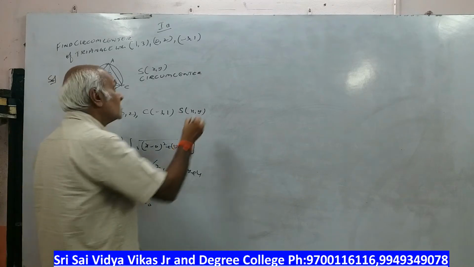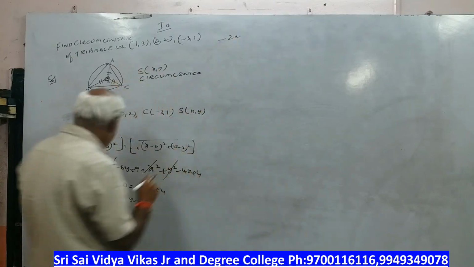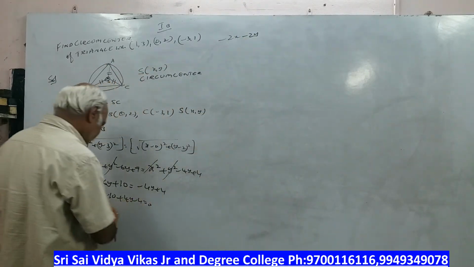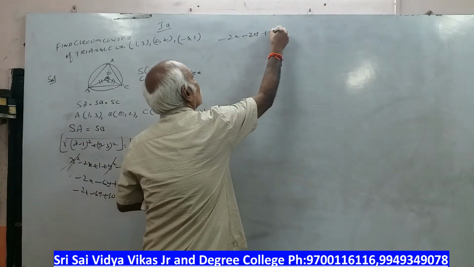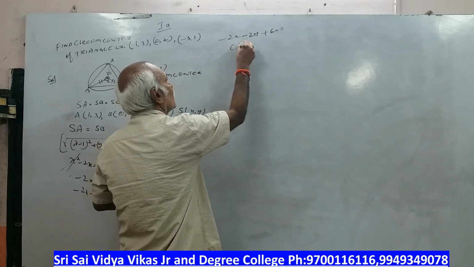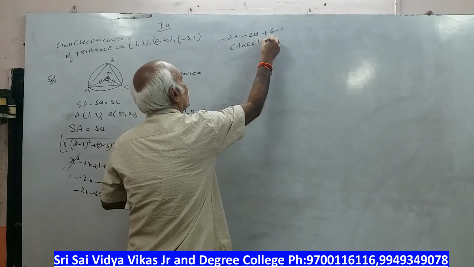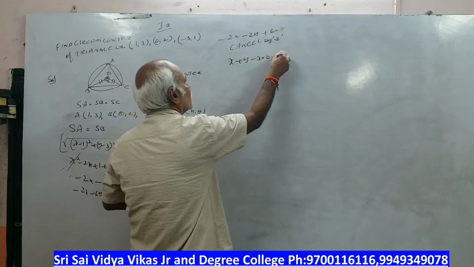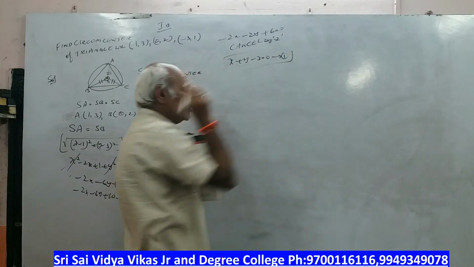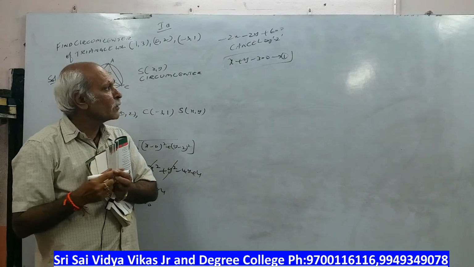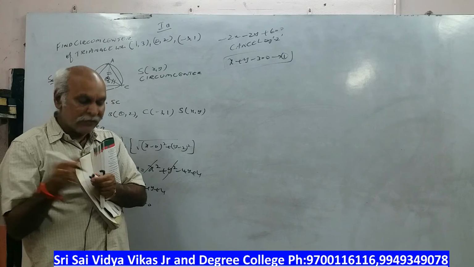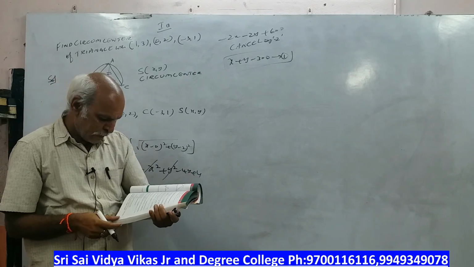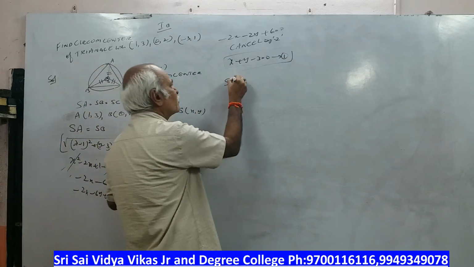So this becomes what, sir? Minus 2x, minus 6y plus 4y, minus 2y. Then plus 6. Cancel with the minus 2 by minus 2. So this becomes x plus y minus 3 is equal to 0. Observe here, procedure is same, only numbers are changing. That's why these problems are straightforward, sir. Only you have to write the equations properly. If you had been in classroom, whatever doubts you would have had, we could have cleared. But anyway, please start doing it, sir.